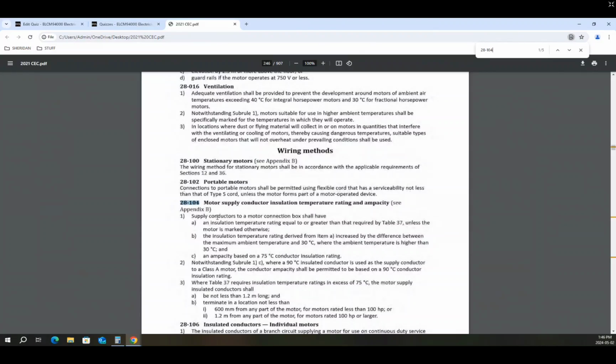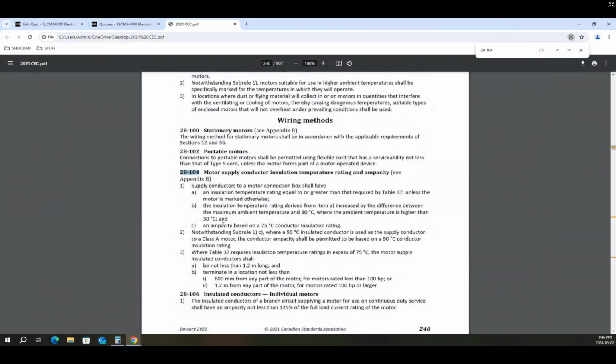Supply conductors. Unless otherwise marked, insulation